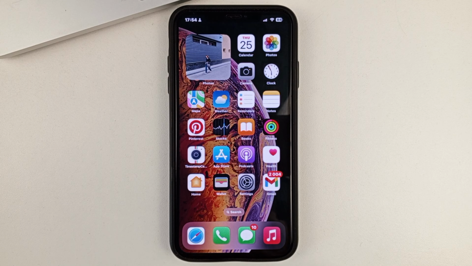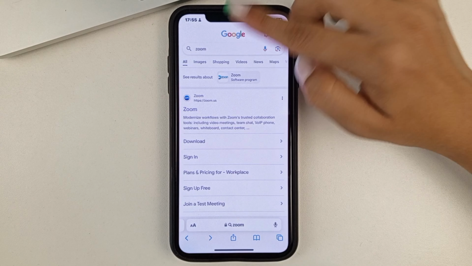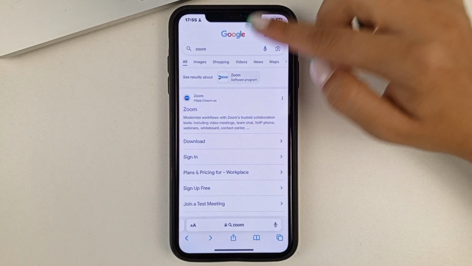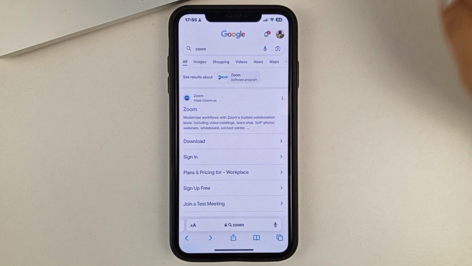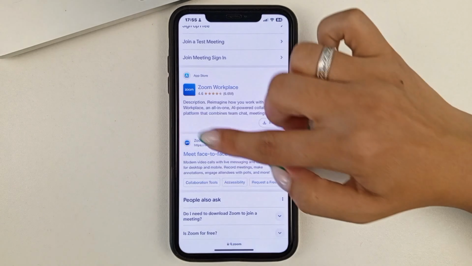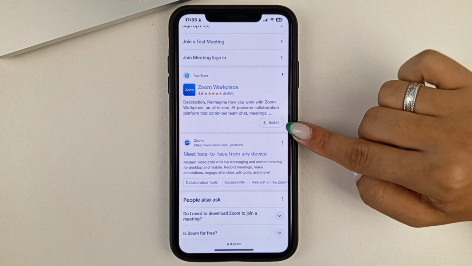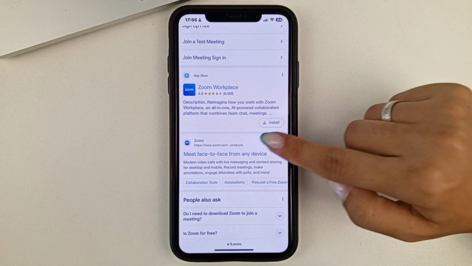Now I will show you how you can do it quickly. To do this, open Safari, type in the name of an app or game. In my case, it's Doom. Next, scroll down until you find a page like this, where at the bottom on the right-hand side it says Download. Just click here.